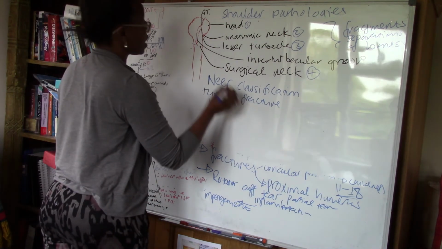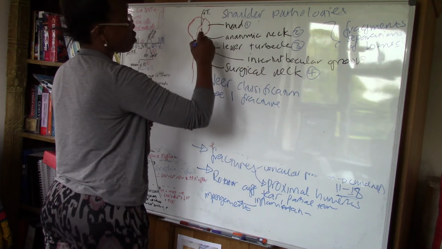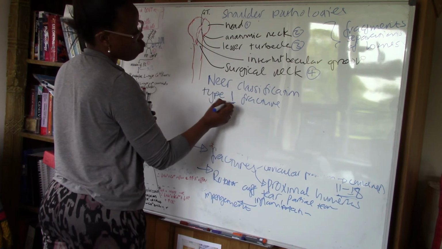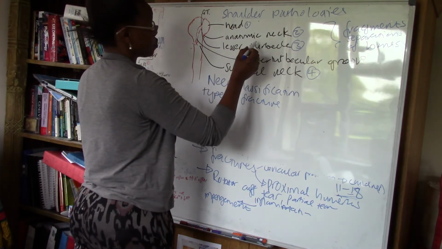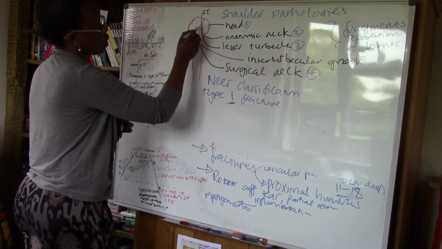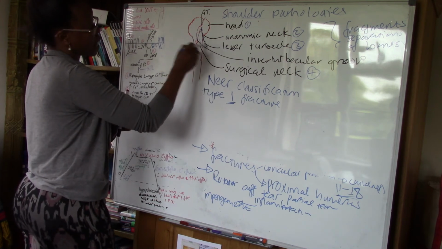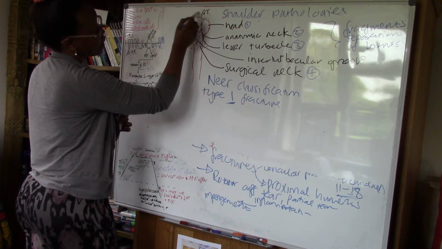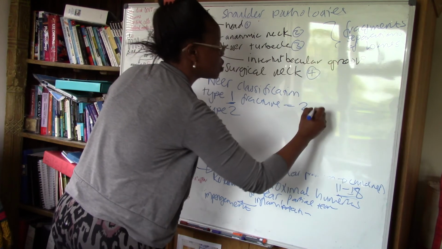For example, a type 1 fracture occurs at the anatomic neck of the humerus, and leads us to have the head on its own, and we only have one fragment which is separated from the entire humerus, whereas a fracture to the lesser tubercle will leave a lesser tubercle separated, and we'll have a head on its own, and we'll have the type 2. So this leads us to having two separate